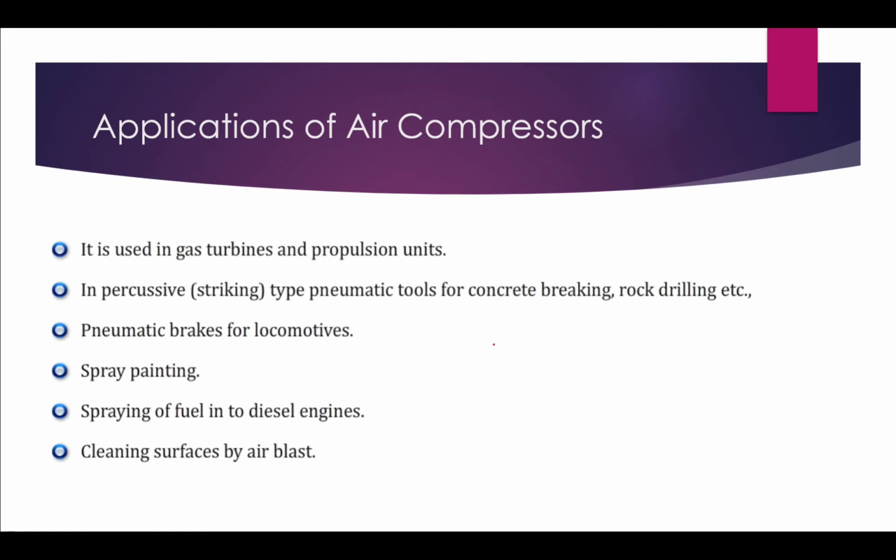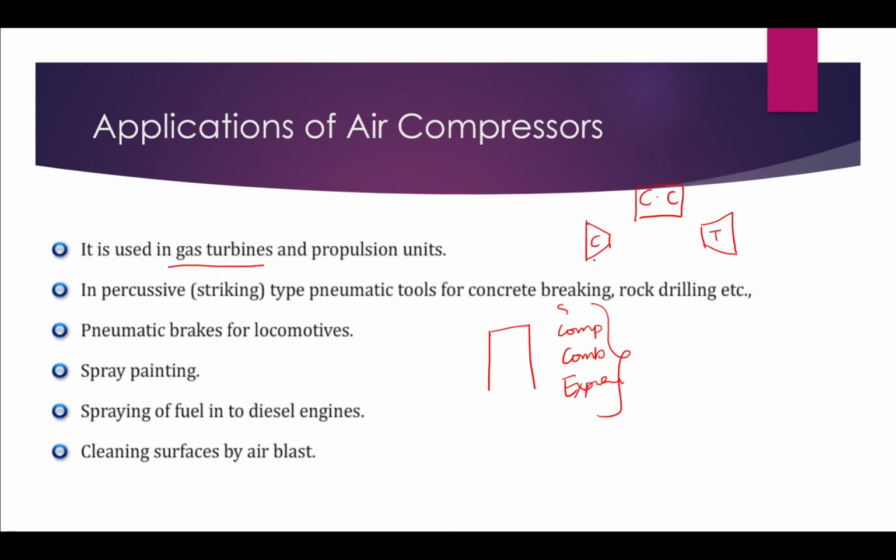Generally, we know that in an IC engine there will be four strokes. The first one is the suction stroke, then the compression stroke, then the combustion of fuel, then the expansion or power stroke. Whereas in a gas turbine, all these processes are done separately. For compression there will be a compressor, and for combustion there will be a combustion chamber. After the combustion chamber, for the power stroke or expansion, there will be a turbine. This will be like this.